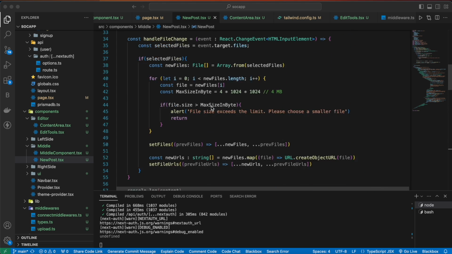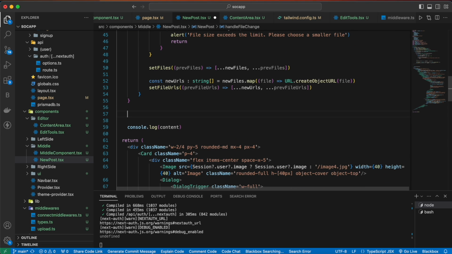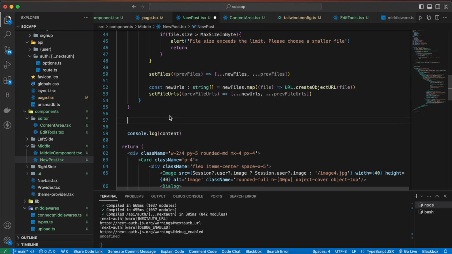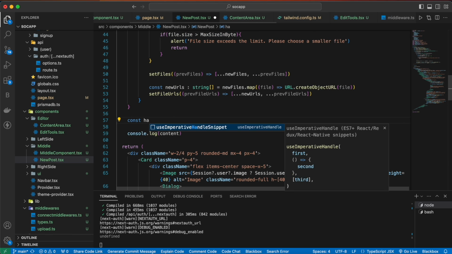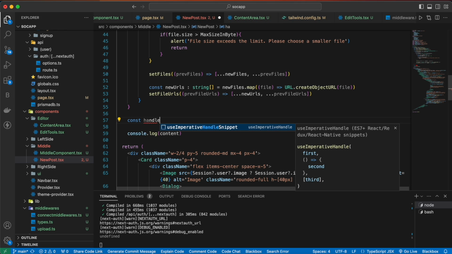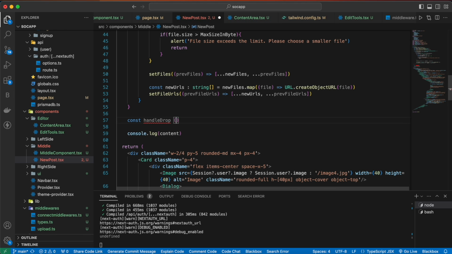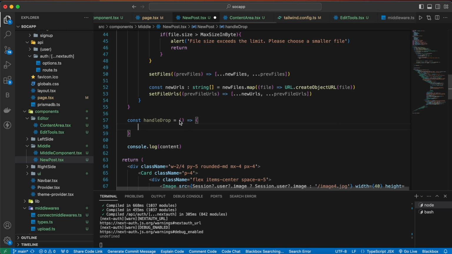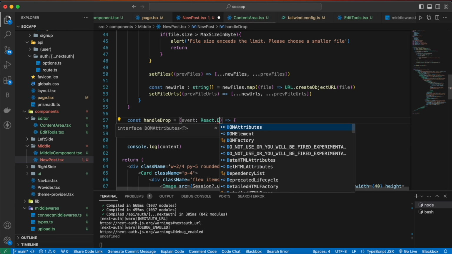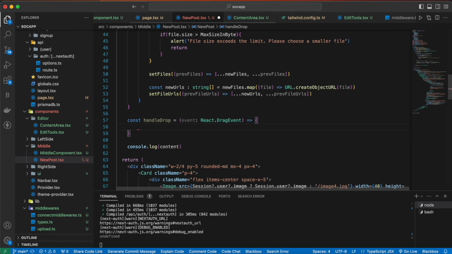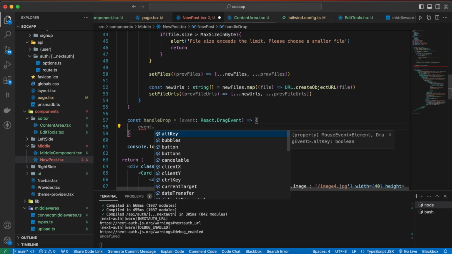So after this function, we are going to define one more function. So now let's define our handle drop function. So that const handleDrop function, and this will have an event, and this time the type will be React.DragEvent. Inside the function, first event.preventDefault,